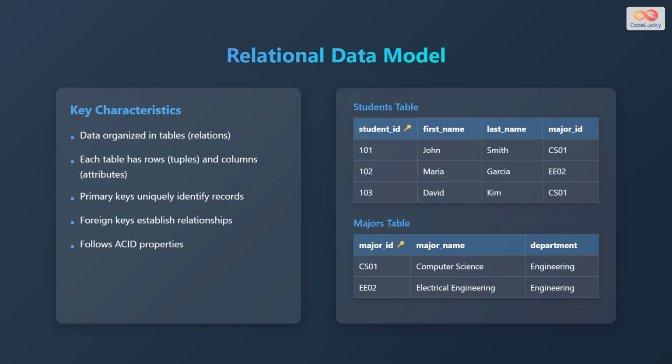Let's explore the relational data model. The relational data model organizes data into tables, which are also referred to as relations. Each table is structured with rows, also known as tuples, and columns, known as attributes. Every record in the table is uniquely identified by a primary key, ensuring that each entry is distinct. Relationships between tables are established using foreign keys, which create links between related data. The relational model adheres to the ACID properties, which stands for atomicity, consistency, isolation, and durability, ensuring data integrity and